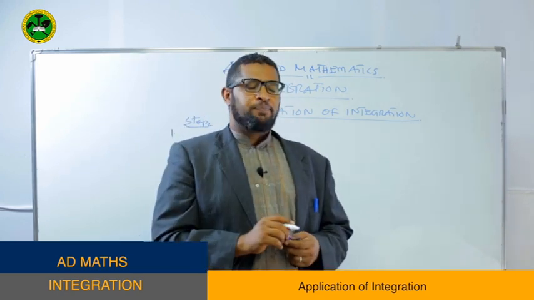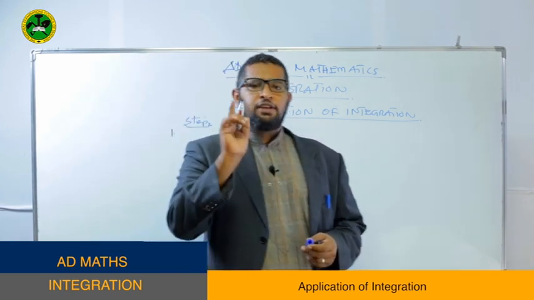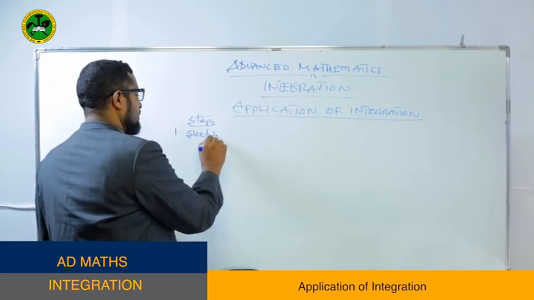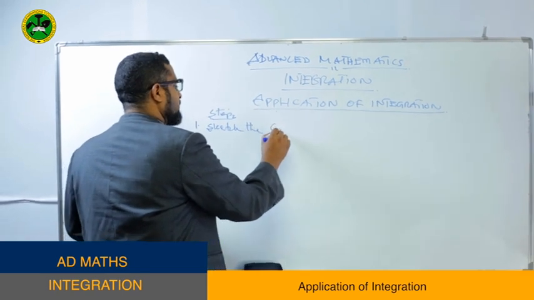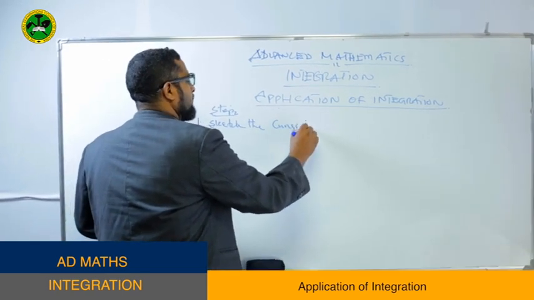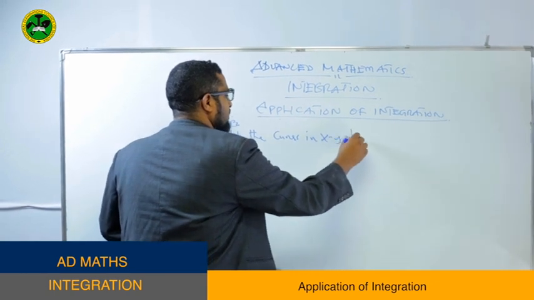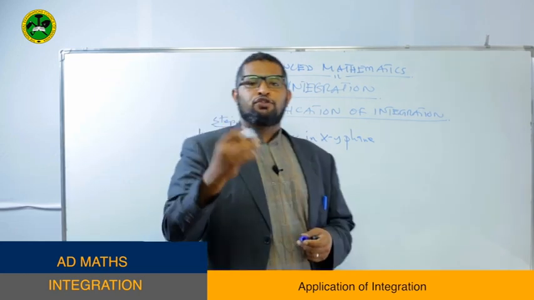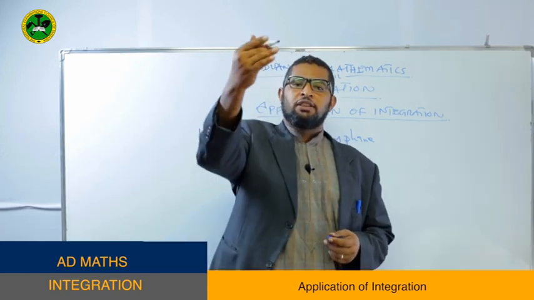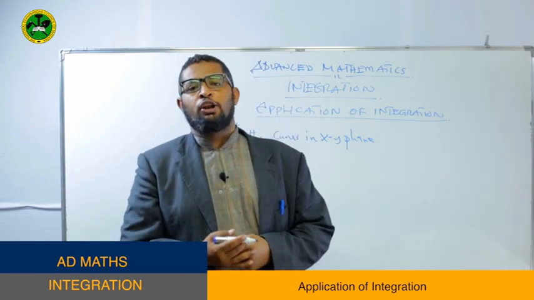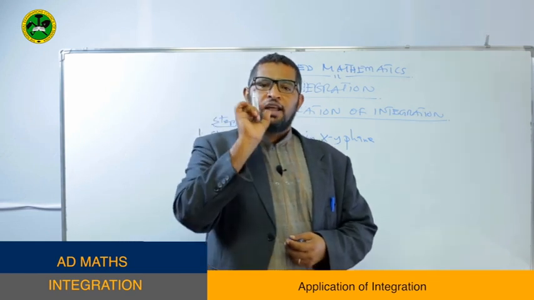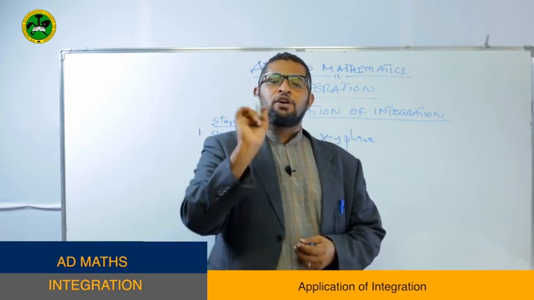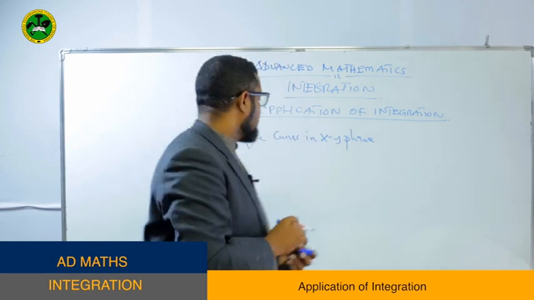Step number 1 is to sketch the two curves in the XY plane. Why do we sketch the graph? So as to know which function is in the upper part and which one is in the lower part, so that you use the appropriate formula. So sketching is unavoidable. You are supposed to sketch the curves. Thereafter,